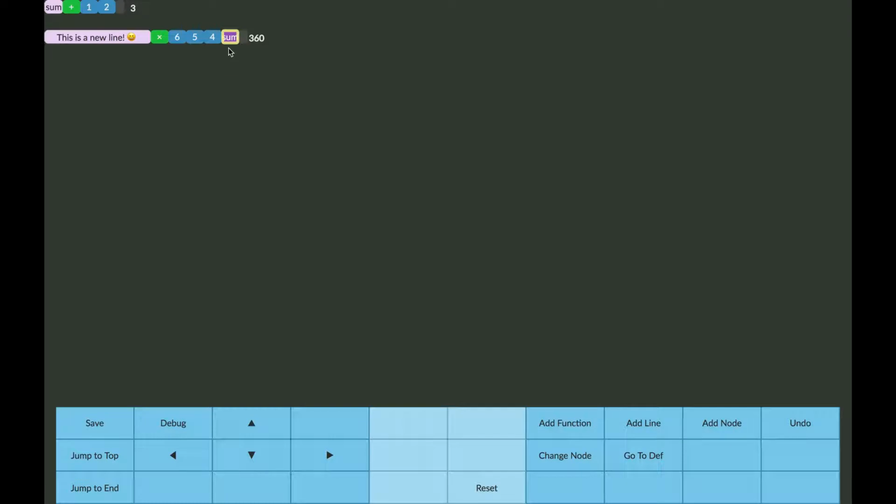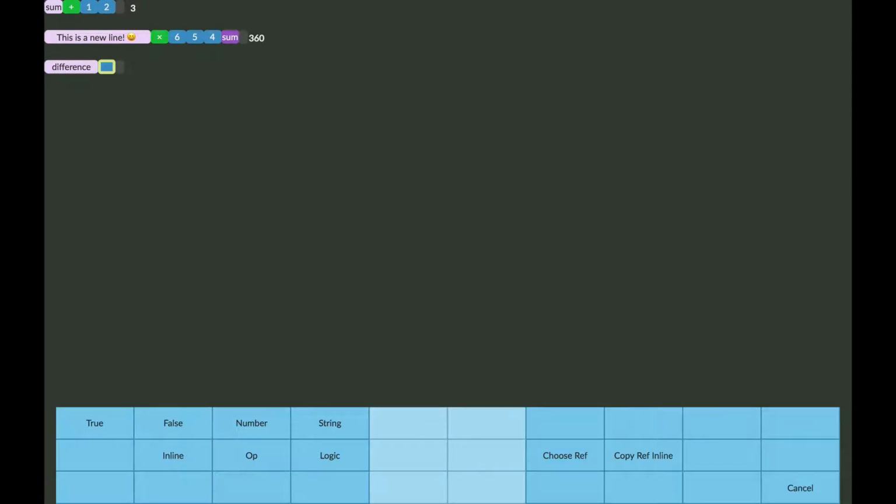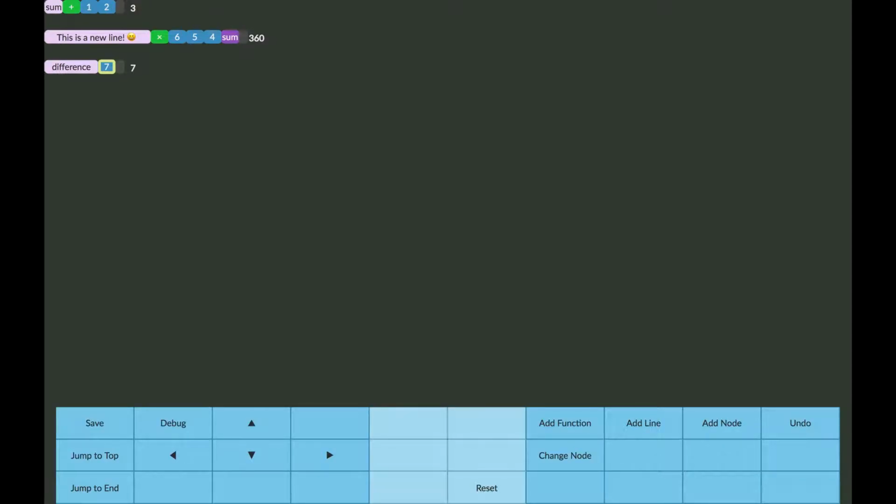And you can see that it inserted it here. And you can confirm that 6 times 5 times 4 times 3 is 360. Now, the first cell after the label doesn't always have to be a function. I can, for example, put in a number here. And in this system, this is like calling the number as a function, which you can't do in JavaScript and